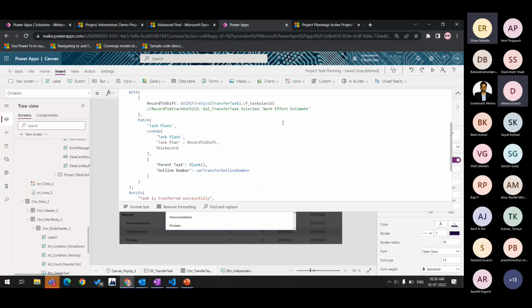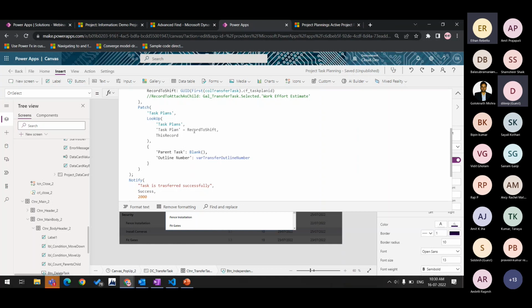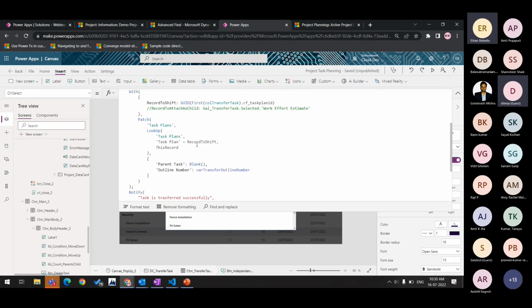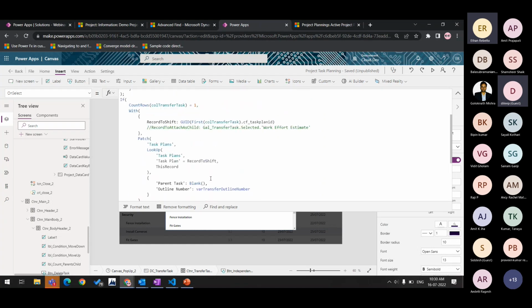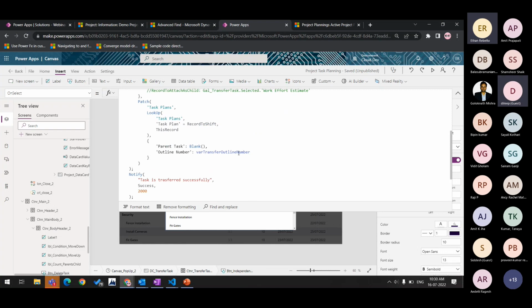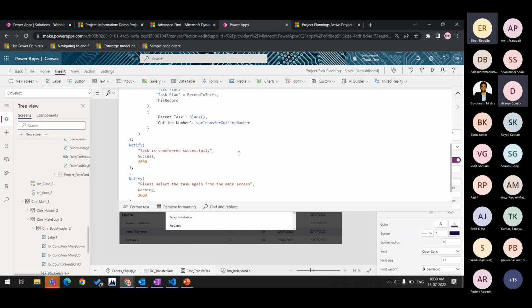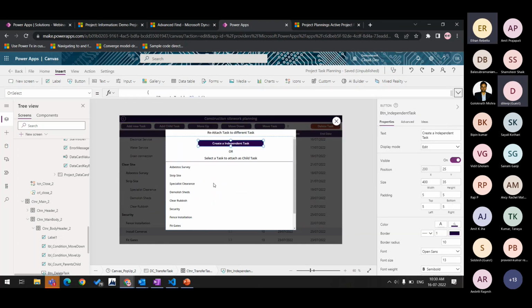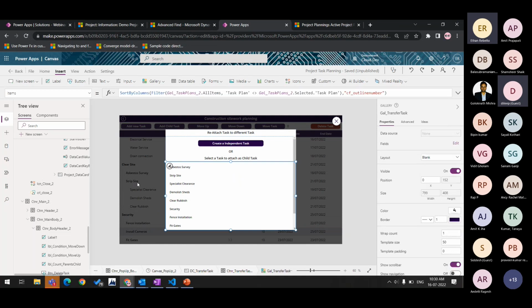Transfer collection is basically the same collection which I have selected, and I'm shifting the specific outline number. As you can see, the parent task I set to blank just because it is an independent task, and the outline number is the same outline number that I have defined in that specific variable that I'm going to store in. And if I store in separate child records within a main task,